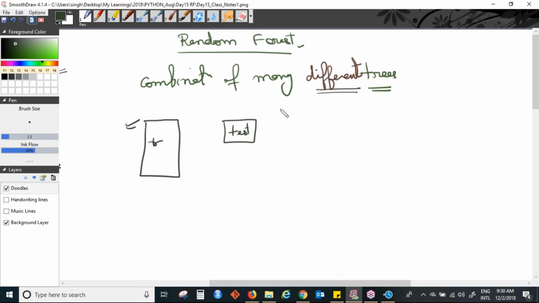So how can I make the trees different from each other? I want the random forest model to have different kinds of trees, because a forest does not have the same tree again and again. Now let's say I'm building 100 trees. I'm giving n is equal to 100. That means in this model I'm building 100 different trees.